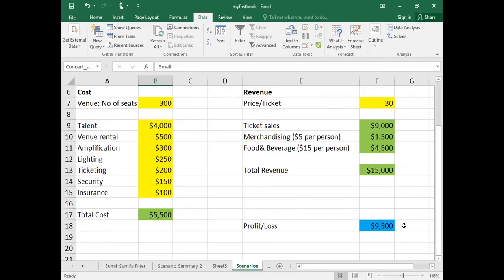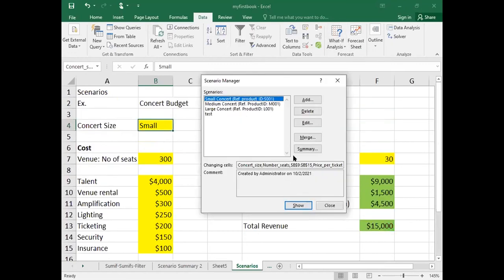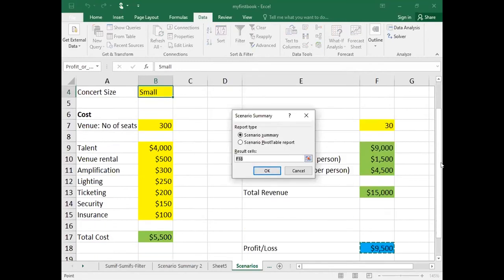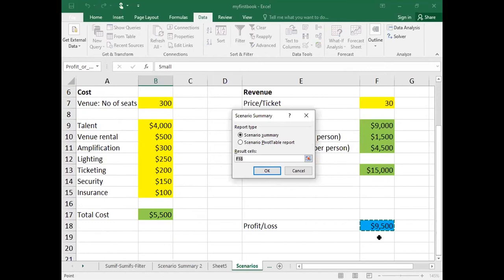When you would like to have the scenario summary report, it will ask which cell you would like to see as the result cell. In this case it's profit and loss. So you just click summary. Summary will list out every single scenario that you have in the scenario manager. In here I put the result cell as F18, or profit loss, and when I click okay